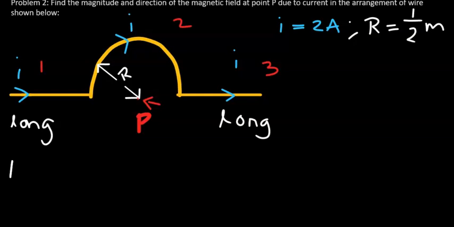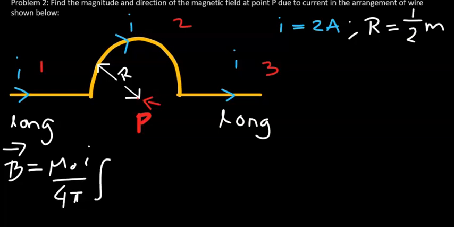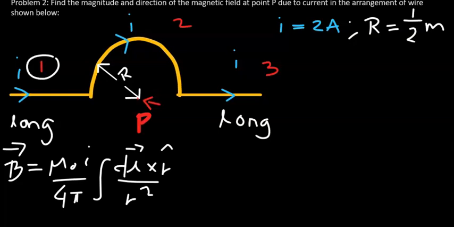Of course, the equation to use is the expression for Biot-Savart, mu naught, the current, over 4 pi integral of dl times r hat over r squared. So let's apply this expression to first segment 1 of that arrangement. We note that we have a tiny element